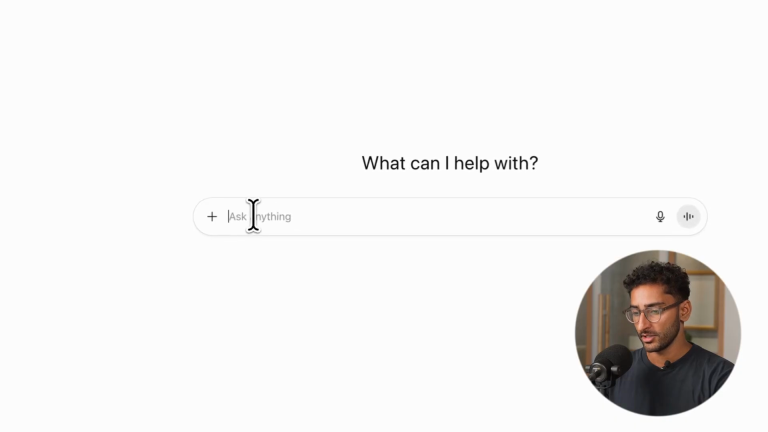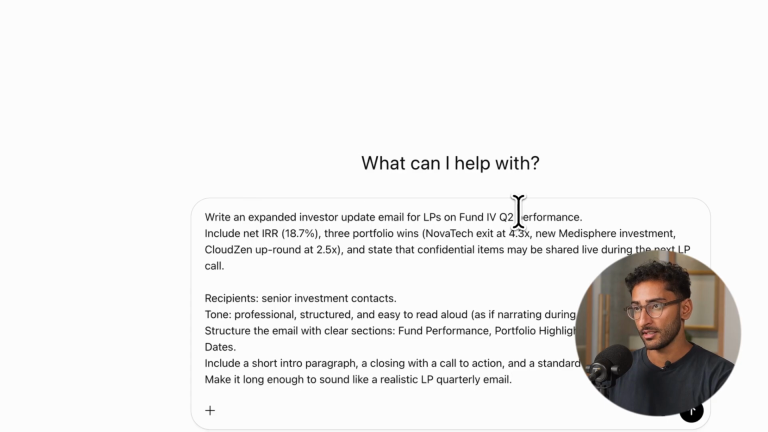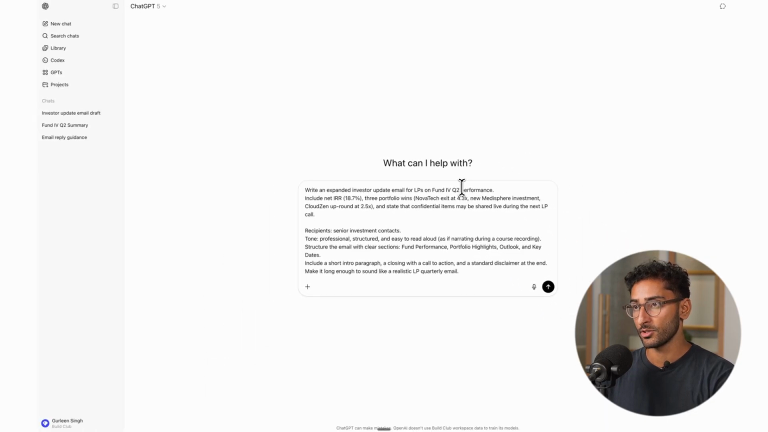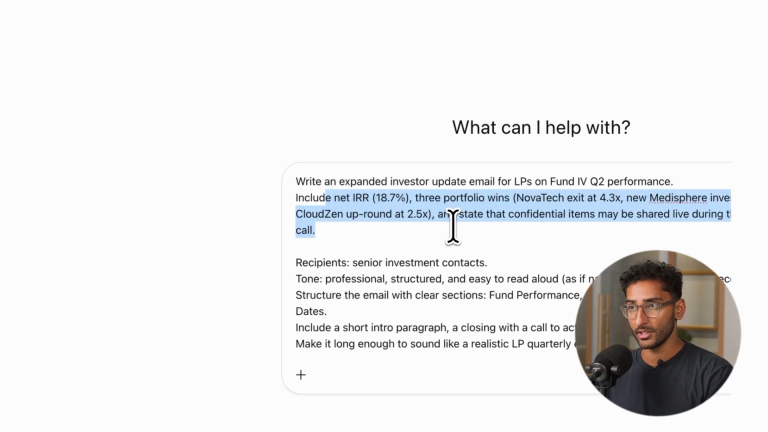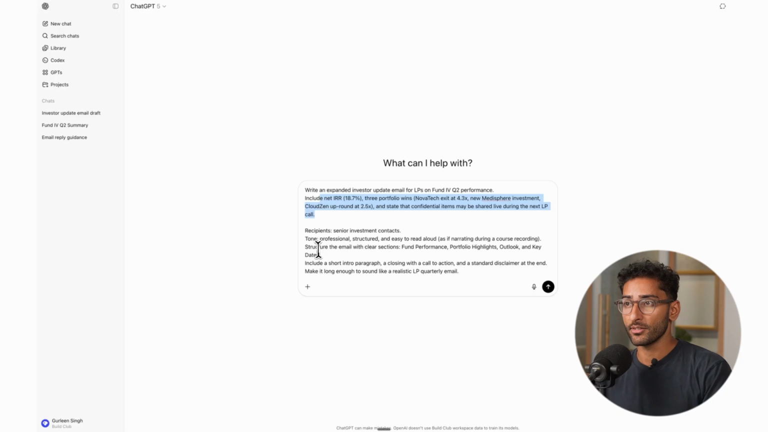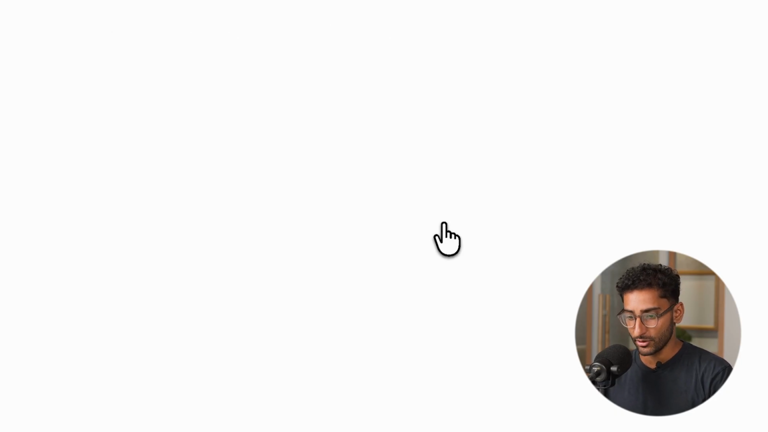Here is an example of a fully written prompt. I'll paste it into ChatGPT. And what you can see here is that we're asking ChatGPT to write an investor update for us, including information such as KPIs, portfolio wins, and recent investments as well. We will also give it the tone that you want to respond with, and also the section structure that we want